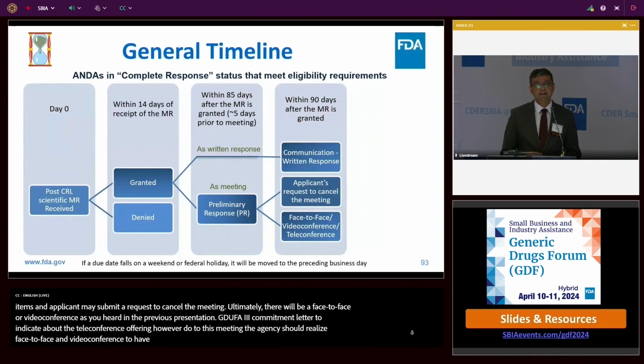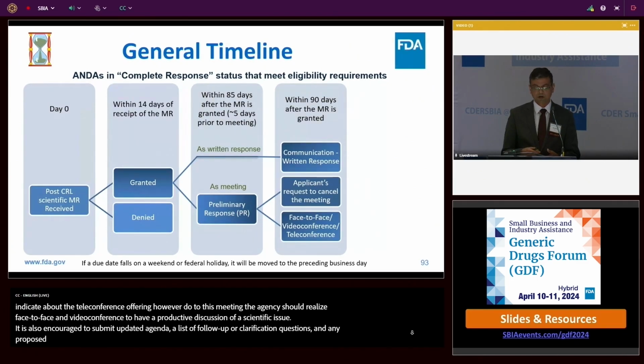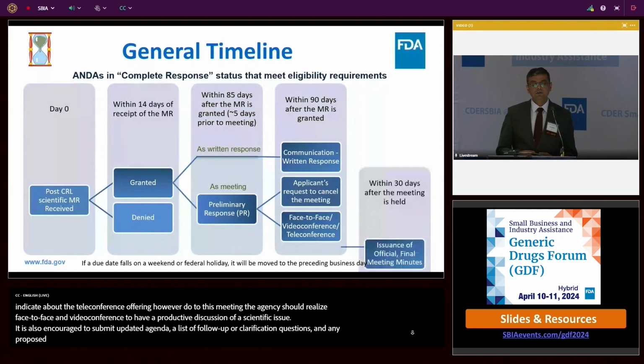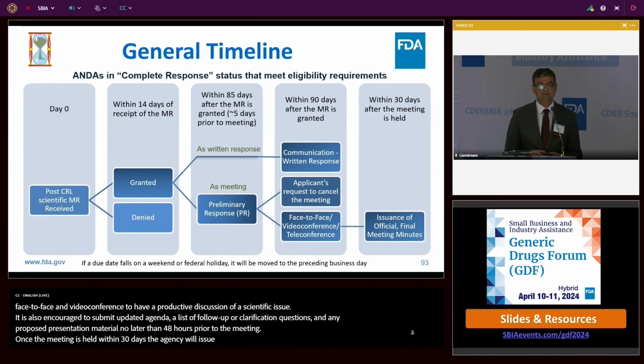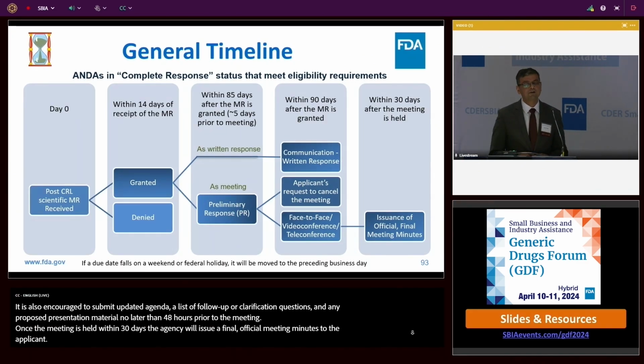It is also encouraged to submit an updated agenda, a list of follow-up or clarification questions, and any proposed presentation material no later than 48 hours prior to the meeting. Once the meeting is held, within 30 days the agency will issue the final official meeting minutes to the applicant. If a due date falls on a weekend or a federal holiday, it will be moved to the preceding business